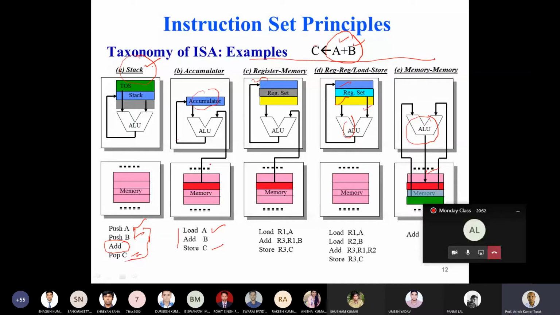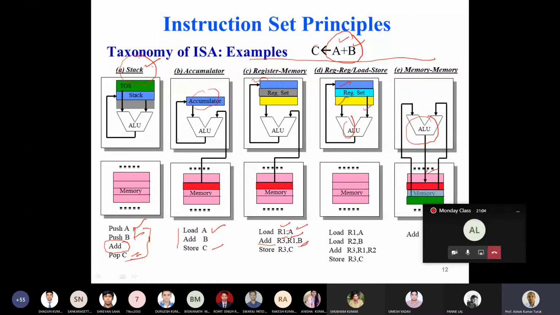Now in a register-memory architecture, one of them is in the register, the other one is in the memory, and you perform the operation. So you load A into the register R1, then you perform the add operation, which says add the content of the register R1 to the memory location B and write the result back into the register R3.